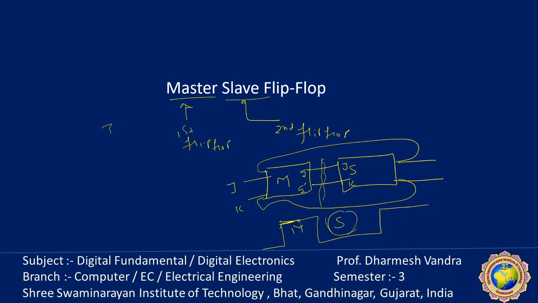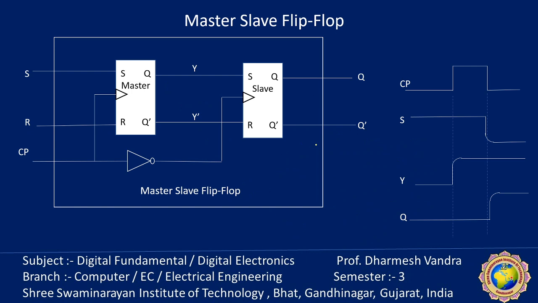Okay, let's elaborate on it to understand the behavior of the master-slave flip-flop. This is the circuit of the master-slave flip-flop, constructed from two separate flip-flops. One circuit serves as the master, the first one, and the second flip-flop is the slave flip-flop. Slave means it follows the master, and the overall circuit is referred to as a master-slave flip-flop. Remember that it consists of a master flip-flop, a slave flip-flop and an inverter. When the clock pulse is zero, the inverter is required to deactivate it, to separate the two clocks. So here CP and here CP dash.